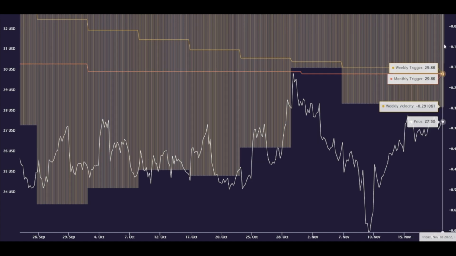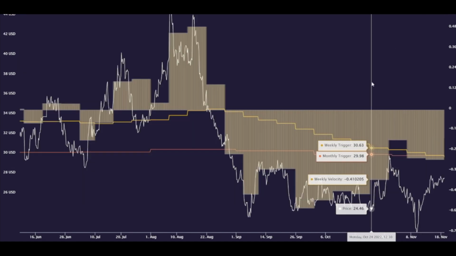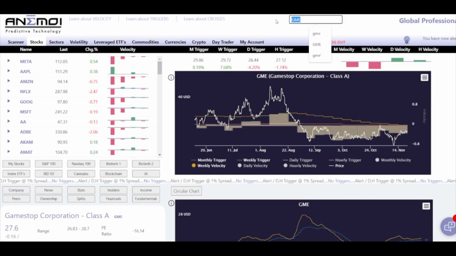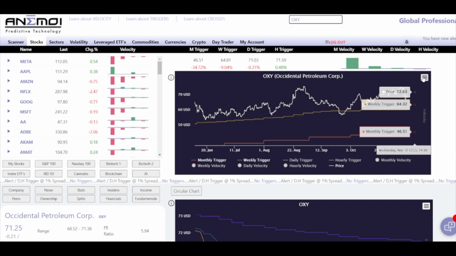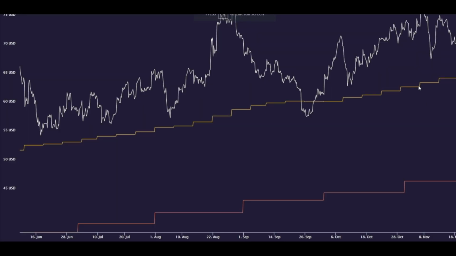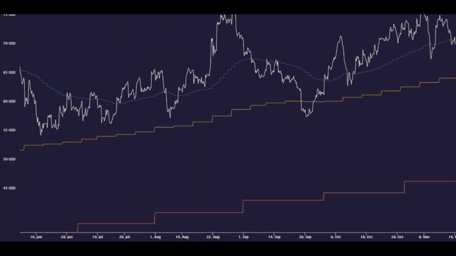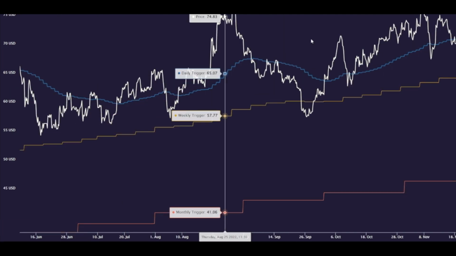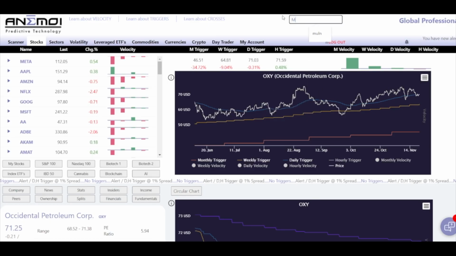Now, the problem is that the weekly trigger crossed below the monthly trigger, and in Anemoi, it's all about the trigger orientation. For the best possible trigger orientation, let's look at Oxy for a second for a good example. To be able to move in a strong, powerful uptrend, you want to have the monthly trigger at the bottom, then the weekly trigger on top of that, the daily trigger on top of that, and the hourly trigger on top of that. You can see Oxy over the past 6 months has just moved in a steady bull trend because the trigger orientation was perfect. However, if we take a look at Meta,